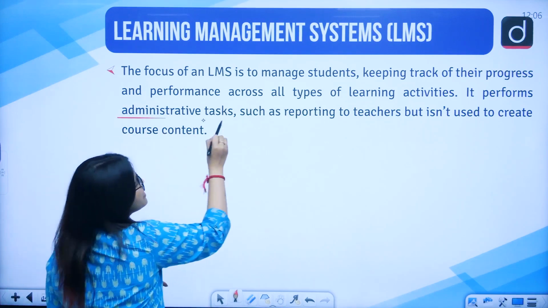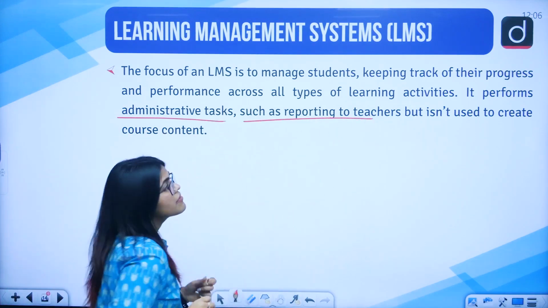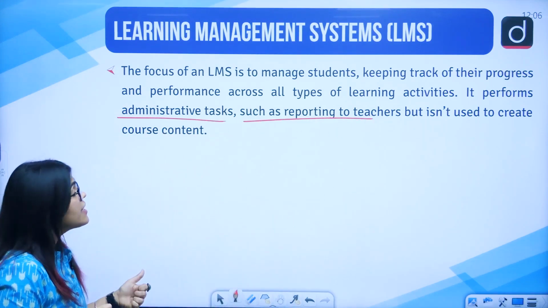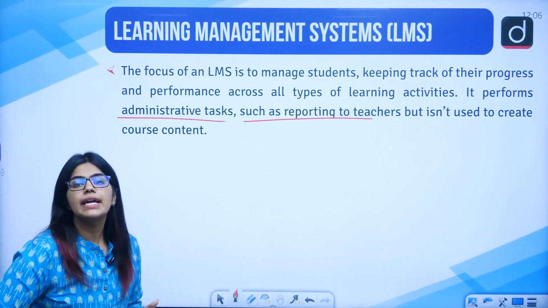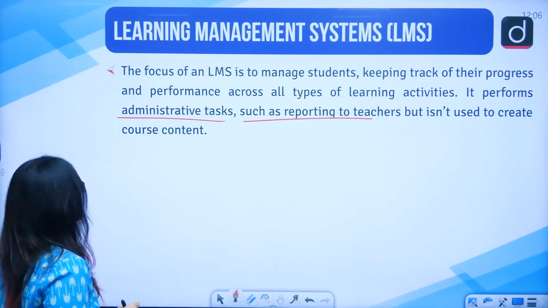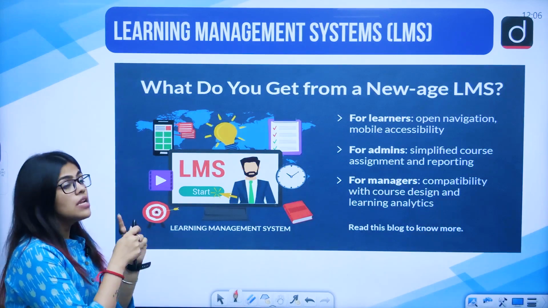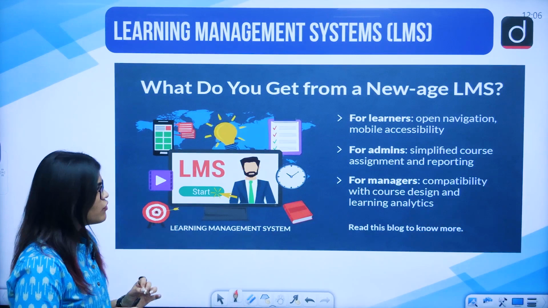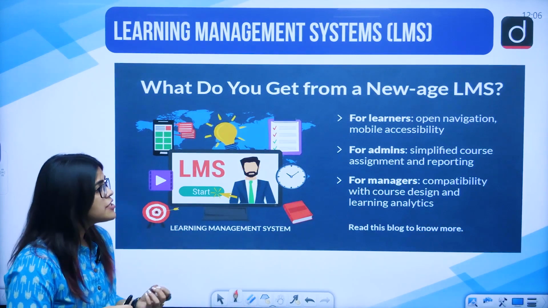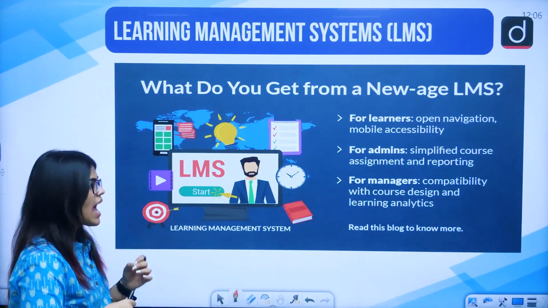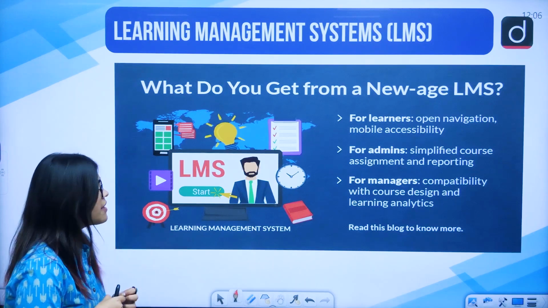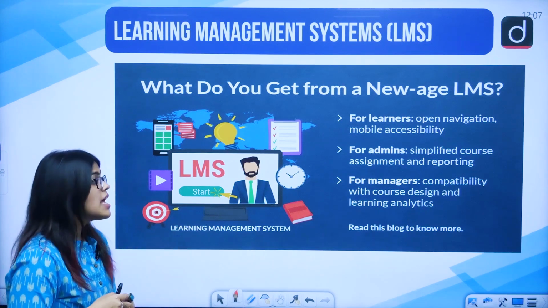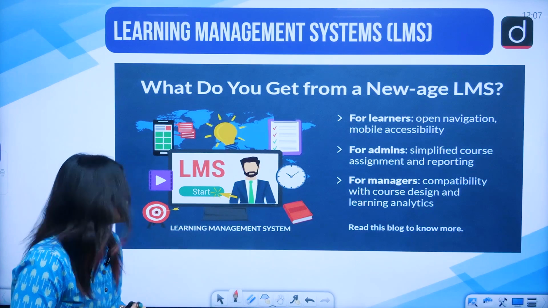It performs administrative tasks such as reporting to the teachers, and it also helps them create the course content. So the learners can openly navigate it using mobile phones also. For admins, you can specify the courses and the assignments that are there. And for managers, they are the ones who will design the course.